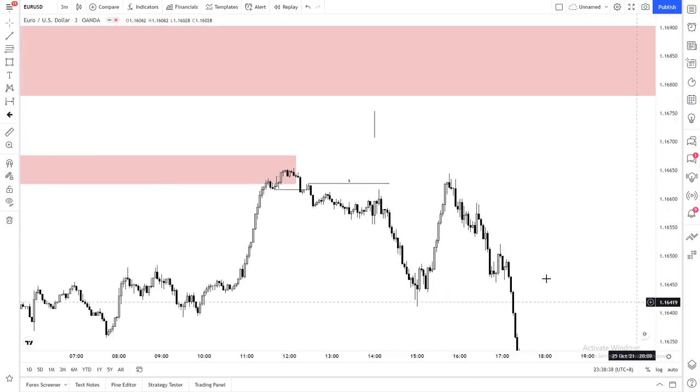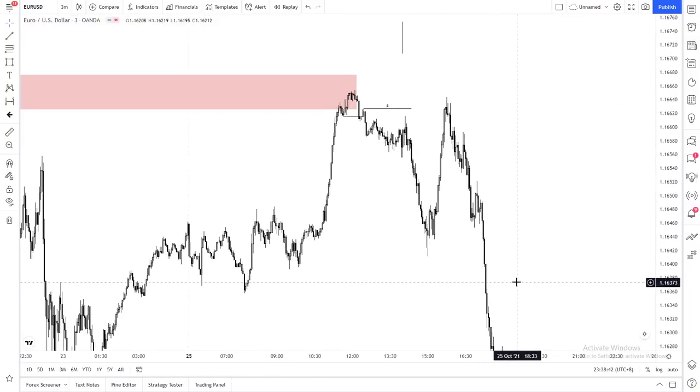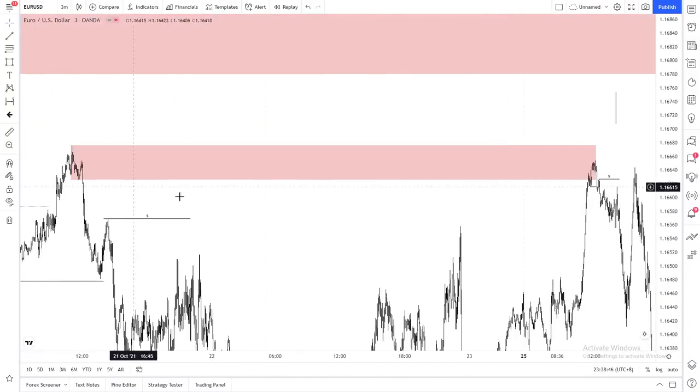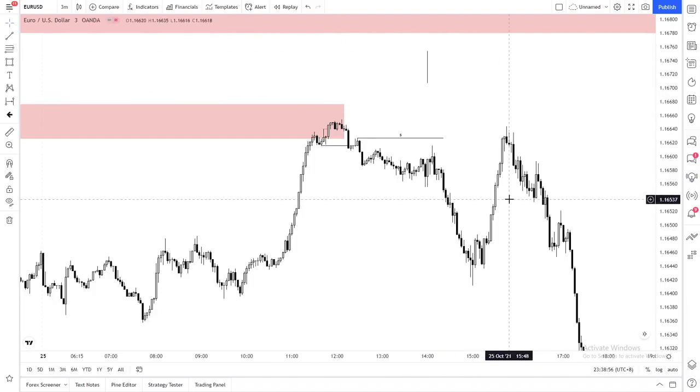So let me ask you, if you don't take this trade and you miss the trade, that's fine. But don't tell me it is an invalid trade because of the equal highs. No, it's not. It makes complete sense to be taken from a structural standpoint, from a liquidity standpoint, from an ICT time and price standpoint, right? So